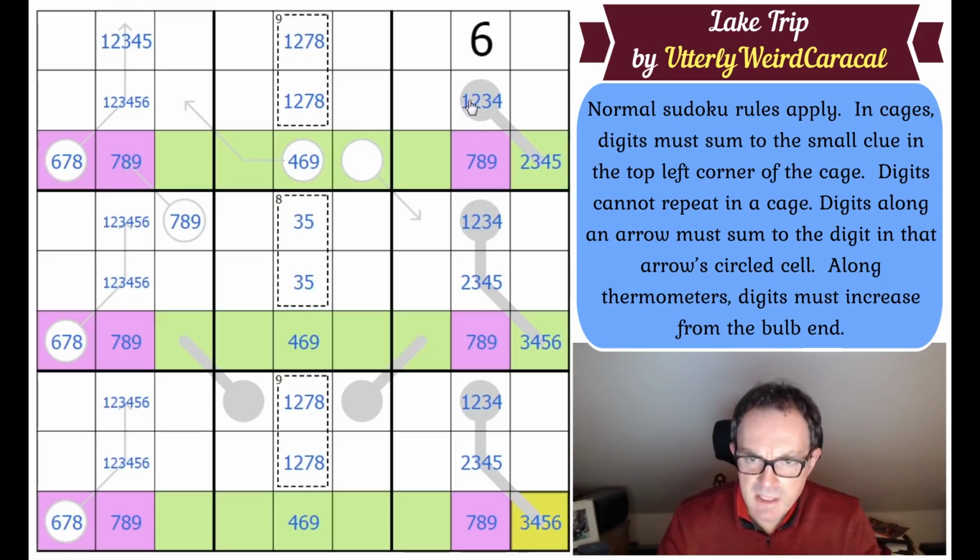Right, and here's something else as well. Oh, in fact, I don't believe it. This is one of the great puzzles, full stop. Because now